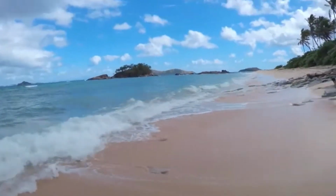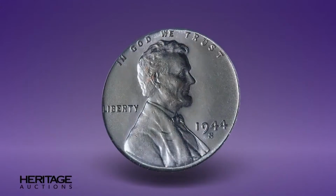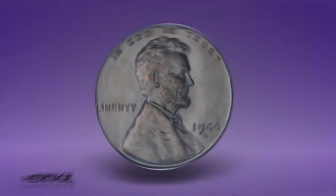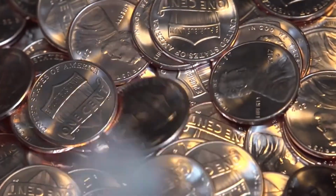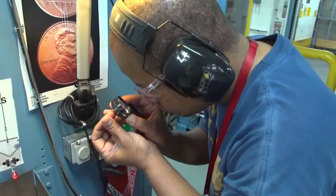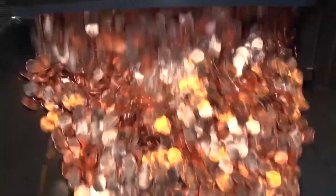$4,500. Did you know that you could buy not one, but two private islands for just a penny in 2022? For the purchase, you will need to have or find a super rare Lincoln penny like this one. A 1944 S steel 1 cent, at least at mint state 65 or 66. The 1944 steel cents were metal errors apparently created via the same mechanism as the 1943 copper cents, when a